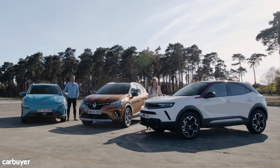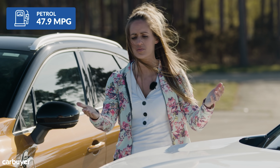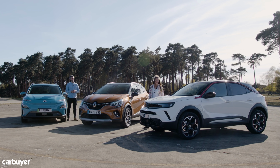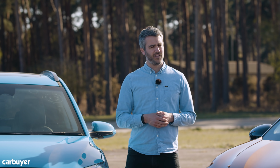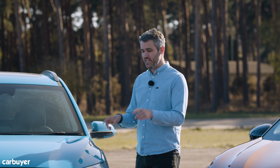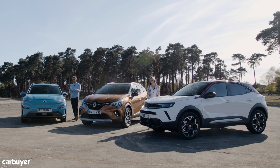That's also making sure that you stick to the official economy figures of 47 miles per gallon. So, if you want to fully fill up this 44 litre tank, it's going to cost you 54 quid. So let's simplify things even further. If you're doing 10,000 miles a year and you own a Kona and you're charging at home and you get 270 miles on a charge, you're looking at around